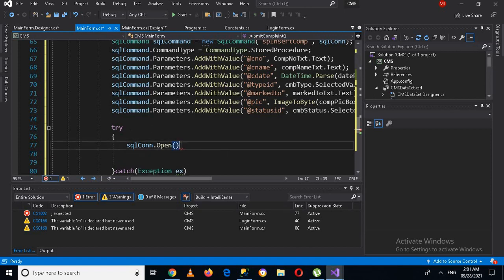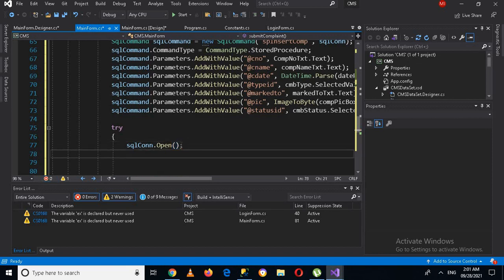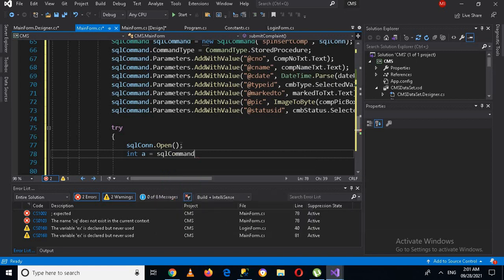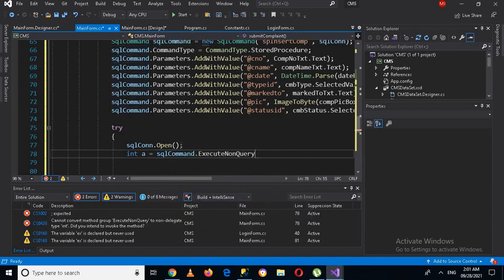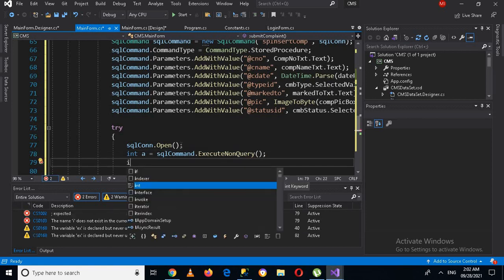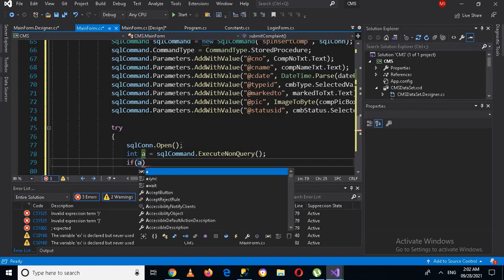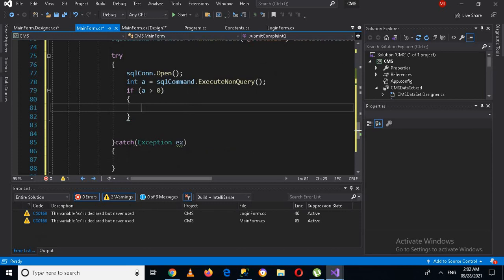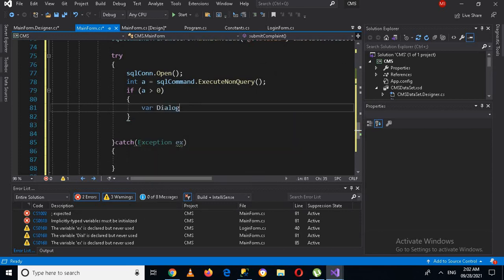So SQL connection dot open, and then I'll use semicolon here, and then we will use int a is equal to SQL command dot execute non-query, and we will say if a is greater than 0, then do what,